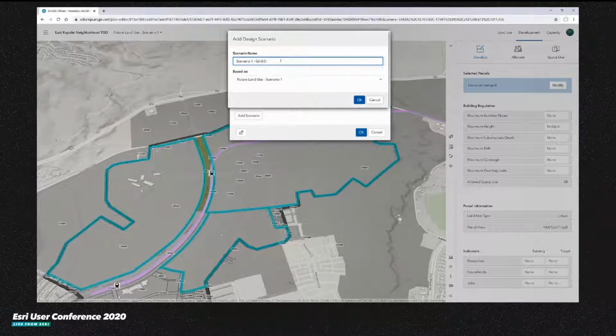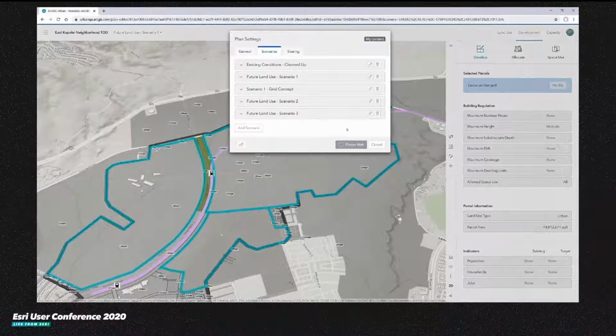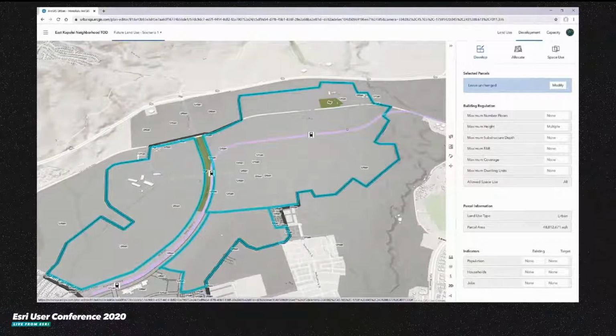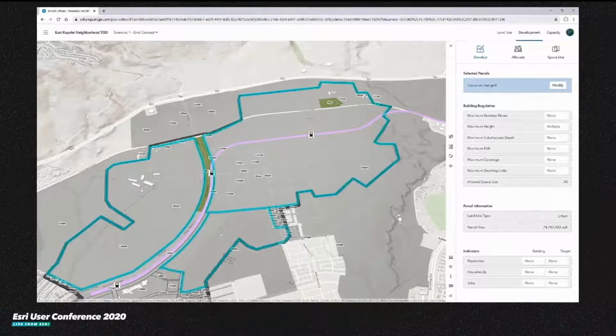New scenarios can be based off existing ones, and the ownership corresponds to your username. So unless you share the plan with a colleague or have a scenario unlocked, they won't be able to edit your work. So now what I'm going to do is select these 3 parcels and show you how to create